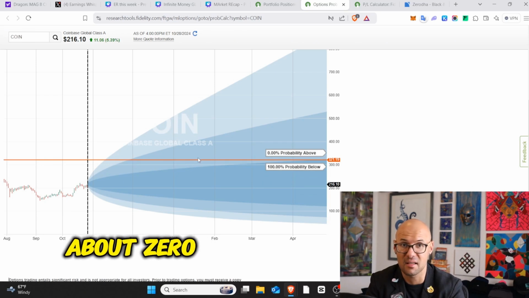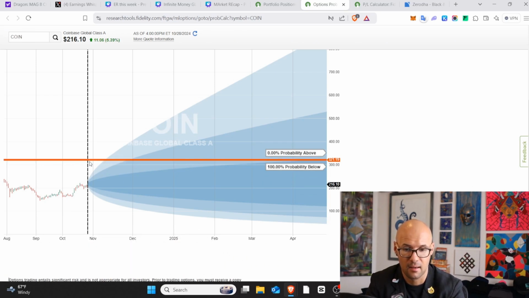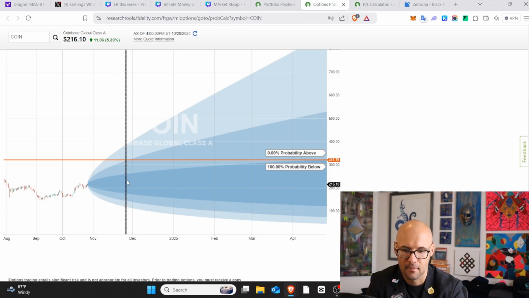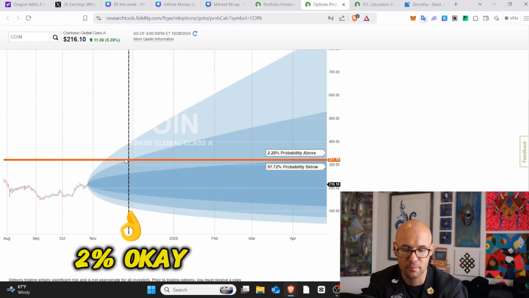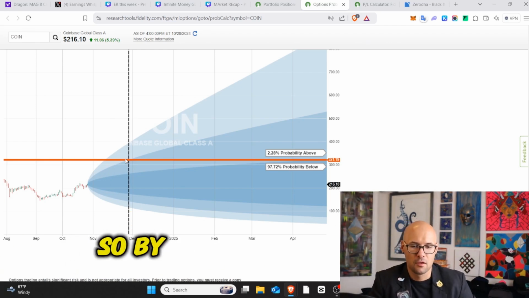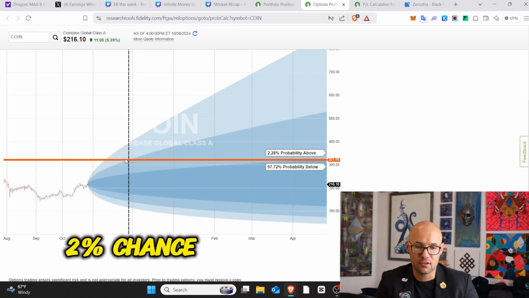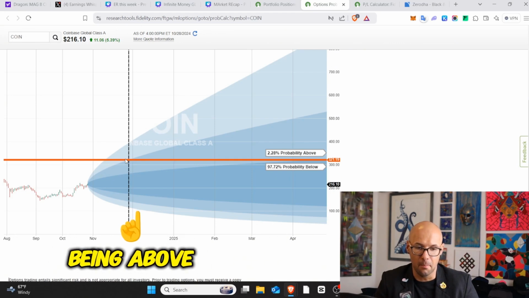It says there's about 0 chance of that happening out here. Out here, when is it? November 29? That is almost done November. We have a probability of 2%. Okay? So by end of November, there is about a 2% chance of it being above